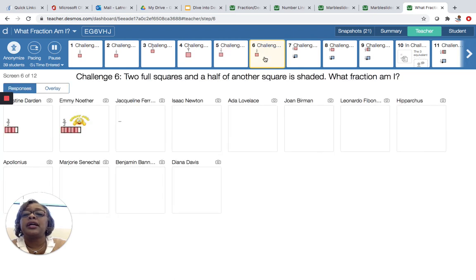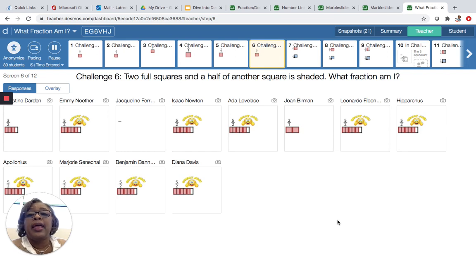But let's look at challenge 6. Challenge 6 said 2 full squares and a half of another square is shaded. What fraction am I? As I go in and look at the students' work, I can see which students got their answer correct, which students did not, and I can see the different ways that students chose to represent this fraction. So if I go here, this little camera allows me to take a picture of a